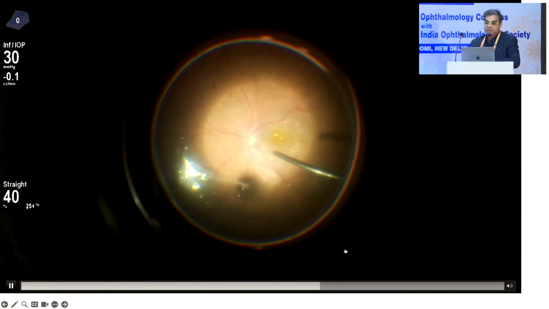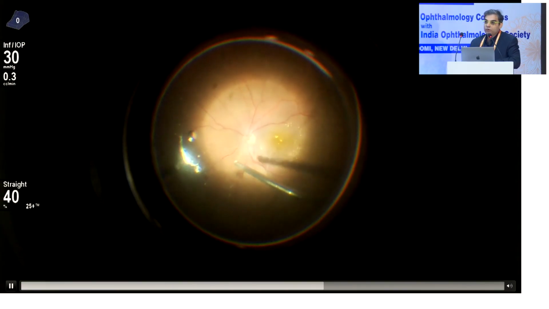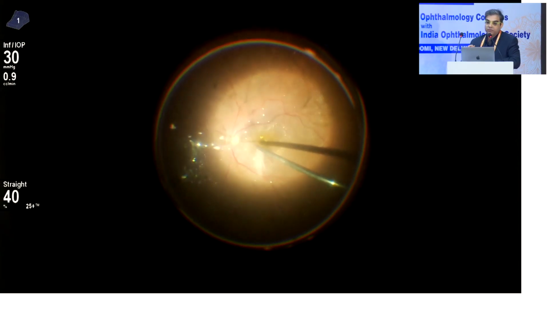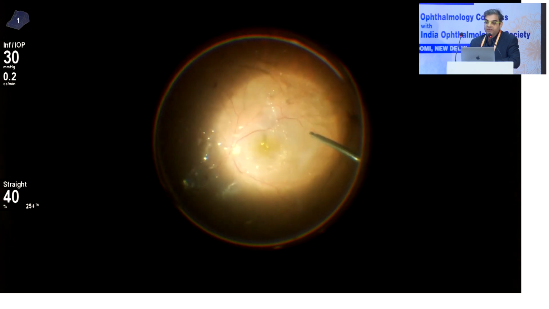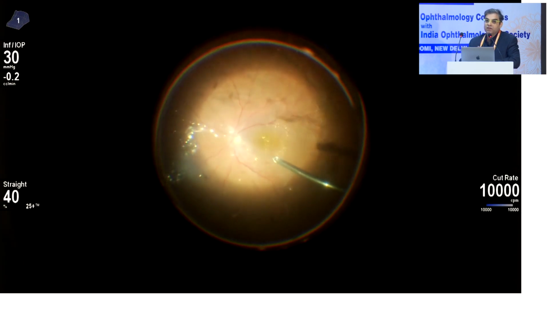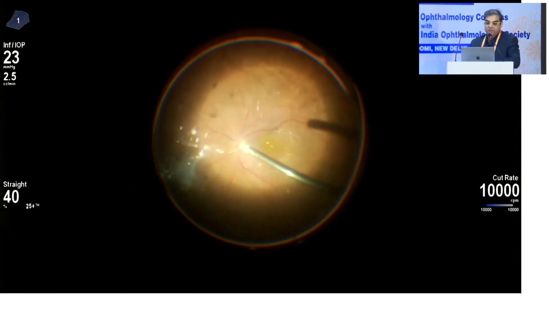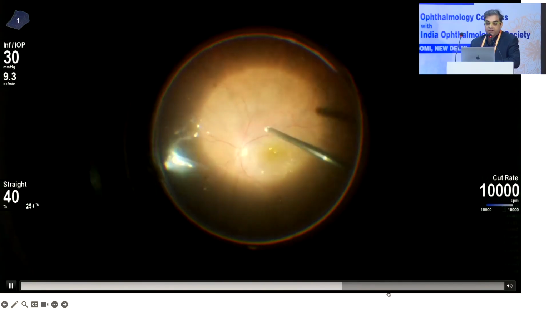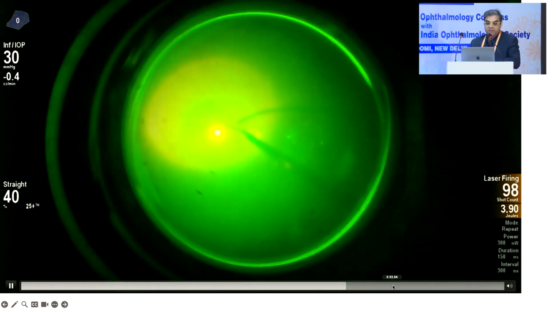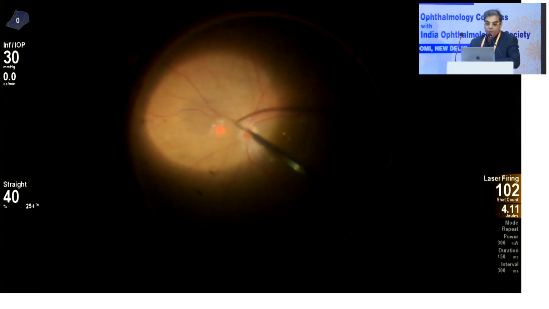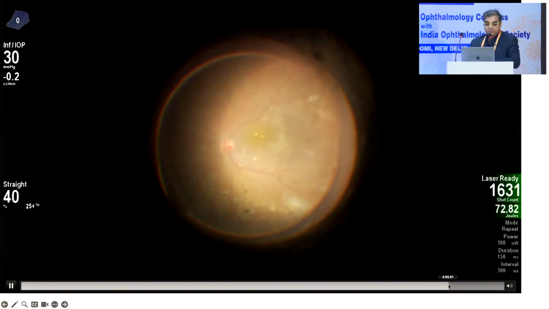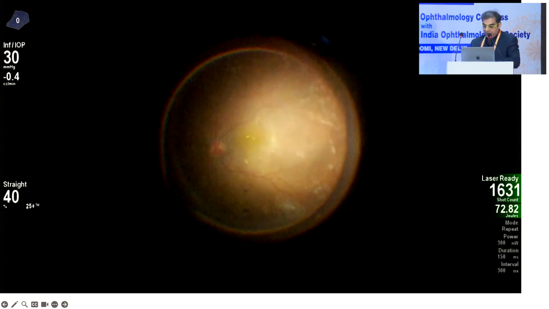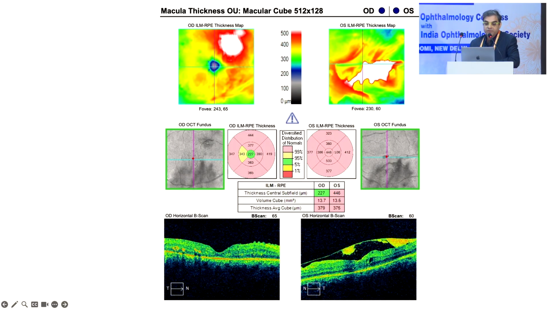So this is the Weiss ring which I have created, and I don't want to do anything more for this patient. We just need to do a PVD induction, and that is usually the end of the surgery. Of course, because this is a patient with proliferative diabetic retinopathy, it goes without saying that we need to do a pan-retinal photocoagulation. So after that, that is the end of the surgery, and it was extremely satisfying to